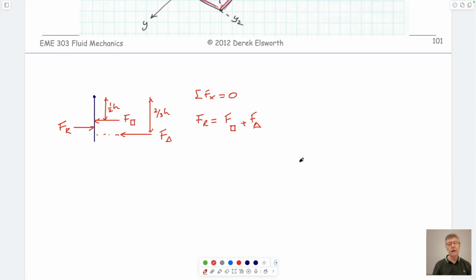And so we could use that to be able to say something about this system, because what we don't know is we don't know what this lever arm is, which we'll call y sub r. And so what we could do is we could take moments about here,